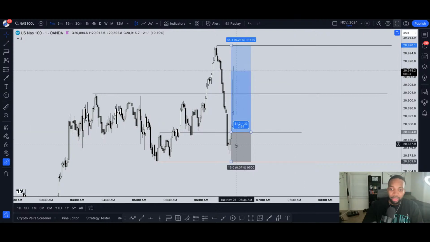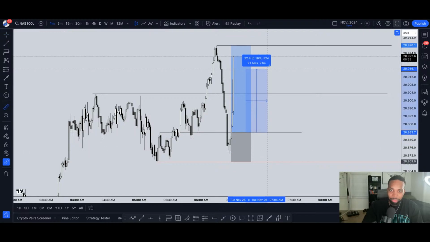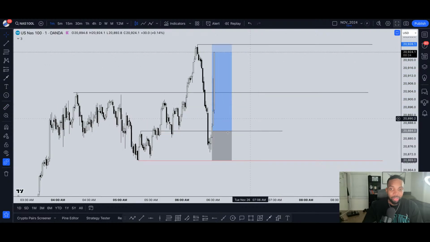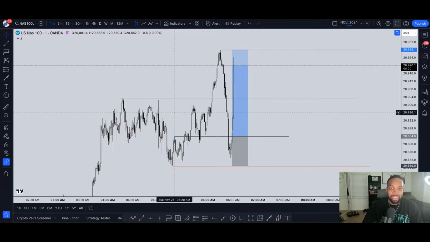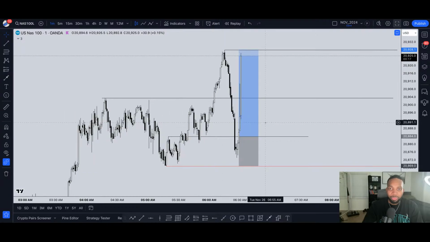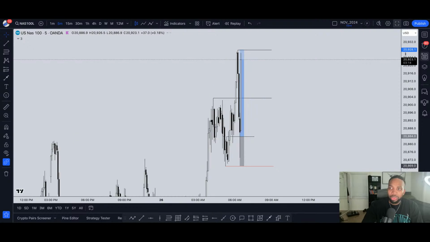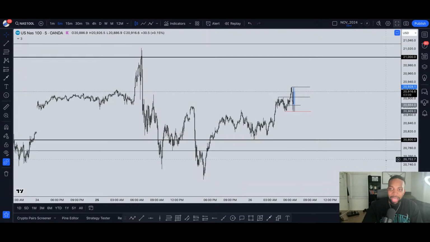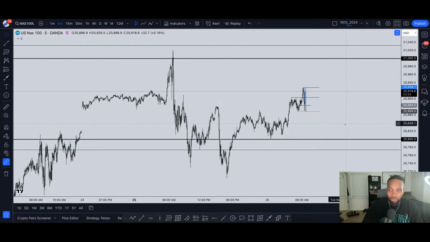That was barely any drawdown for this. I mean, what was it? You probably risked like $10 and now you're up 30, 40. Let me know in the chat if you guys were looking at this setup here. If you were looking to take this trade, super solid setup here. Super clean. TP pretty much smacked. Hope you guys paid yourself, took some partials.